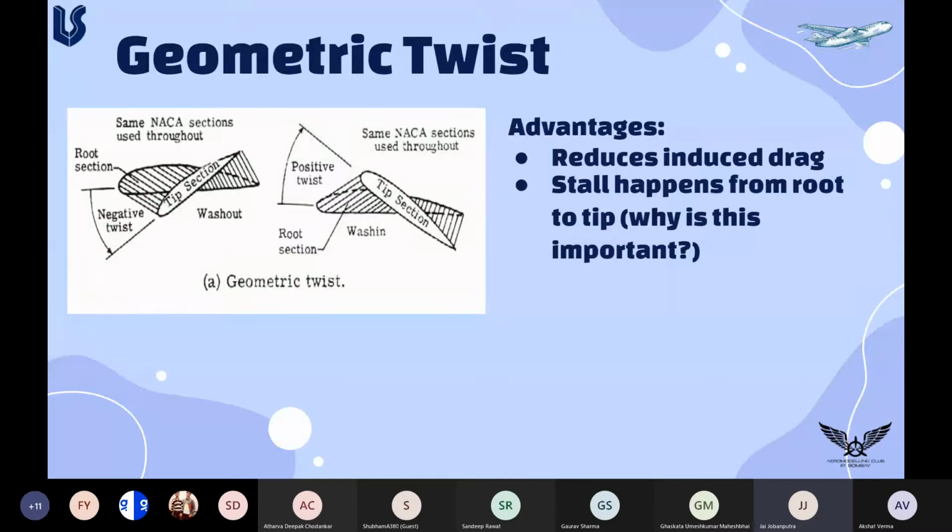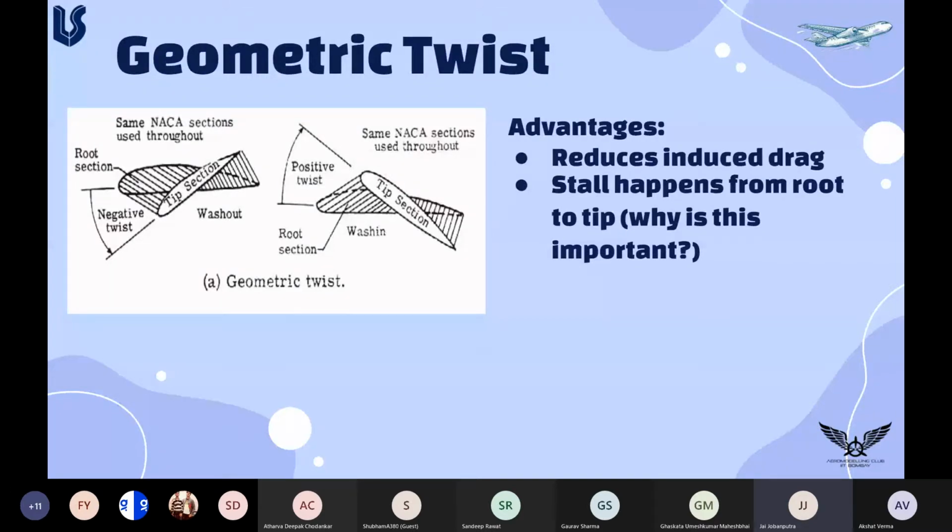And how does that relate to induced drag? What exactly is lift? It's the pressure difference between the top surface and the lower surface. That's exactly how lift works. So at the tip, the lift distribution is pretty low at its design angle of attack, when it is actually moving at its equilibrium position, in cruise conditions. If you keep that in mind, you can see that the pressure difference is almost zero between the top and bottom. So the pressure distribution becomes pretty continuous. That's how you reduce the induced drag using geometric twist. I hope this is clear.